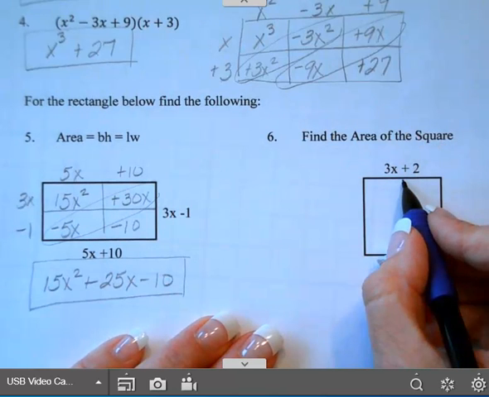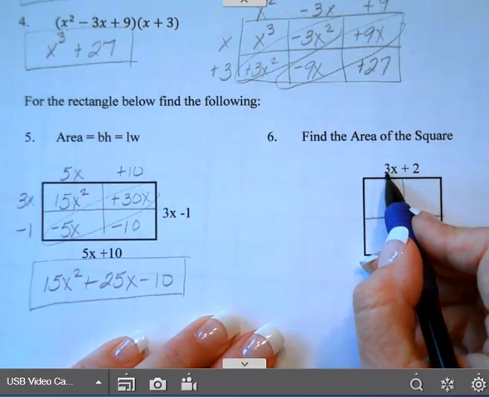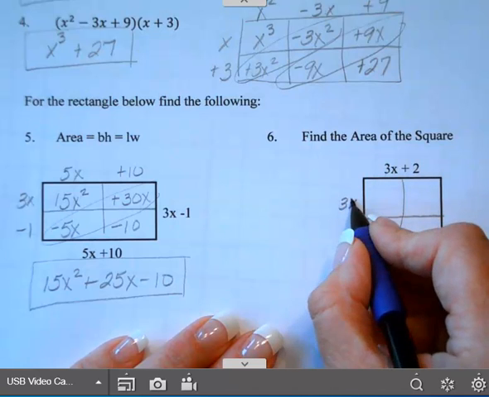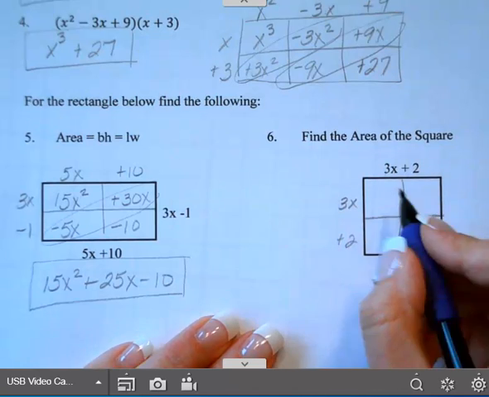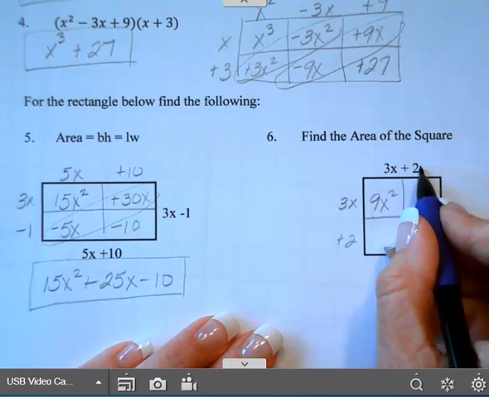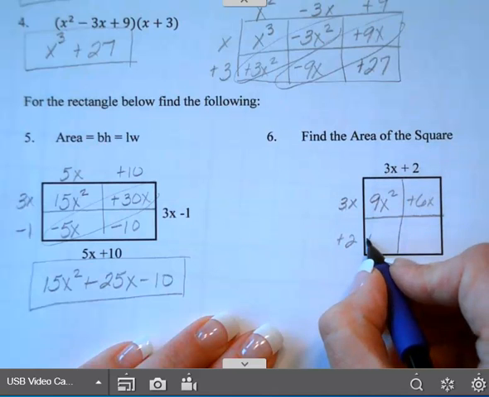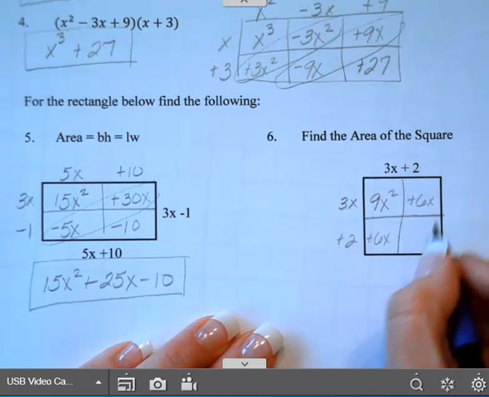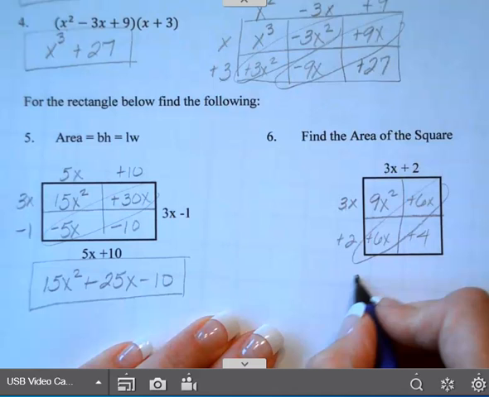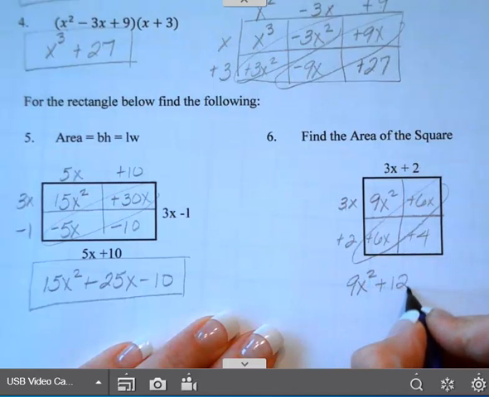The area of a square, I'm going to go ahead and make my box here. So the square has sides that are the same, so this other side is also 3x plus 2. And the first box, 3x times 3x is 9x squared. 3x times 2 is plus 6x. 2 times 3x is plus 6x. And 2 times 2 is plus 4. I can combine my like terms. And this final answer is 9x squared plus 12x plus